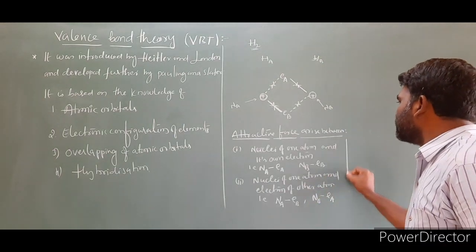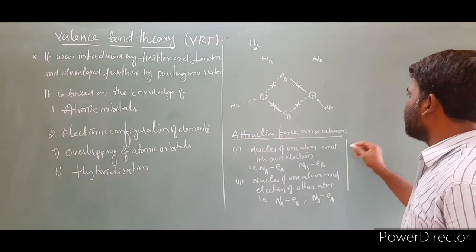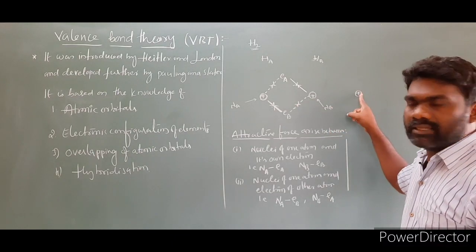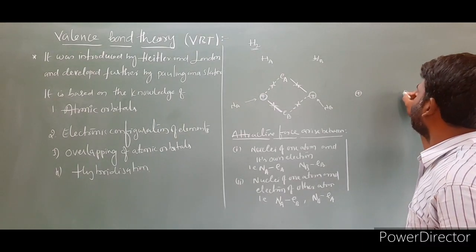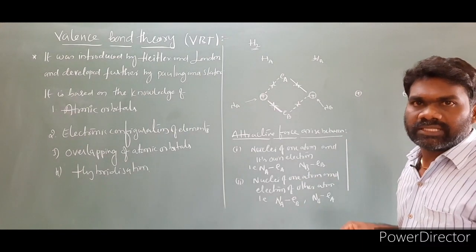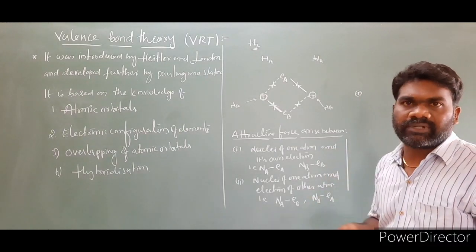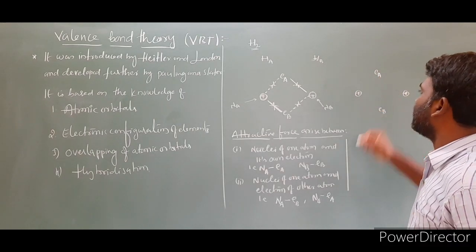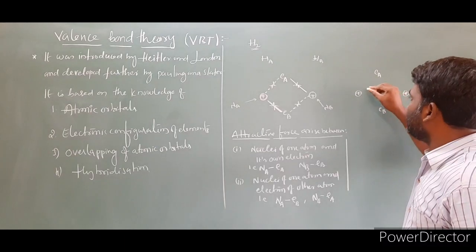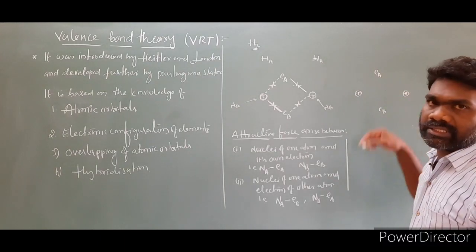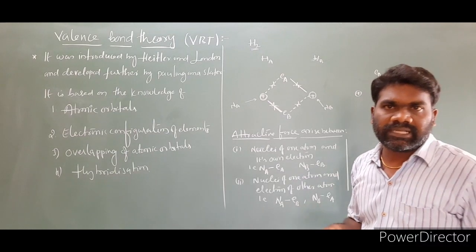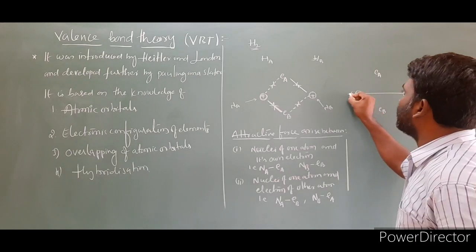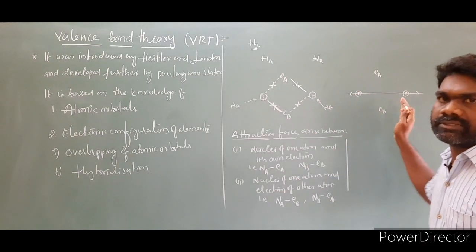Next, what are the repulsive forces operating between them? In the repulsive forces case, here is the nucleus of hydrogen A, Na, and this is the nucleus of hydrogen B. When two atoms come close to each other, the positive nuclei automatically repel. One more repulsion is between the electron of hydrogen A, Ea, and this Eb. When the two electrons are very close to each other, as they are negatively charged, electrons also repel each other. I am labeling these repulsions like this. Both are repelling in opposite directions, so we have to take the arrow mark. This nucleus is going in this direction, this nucleus in this direction.